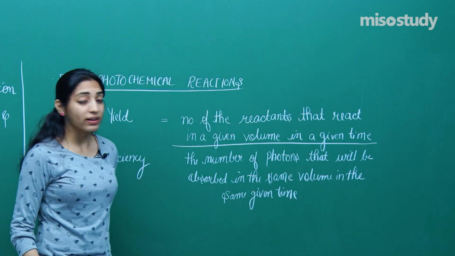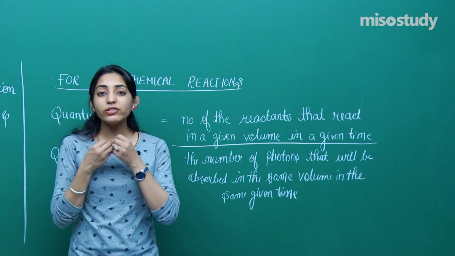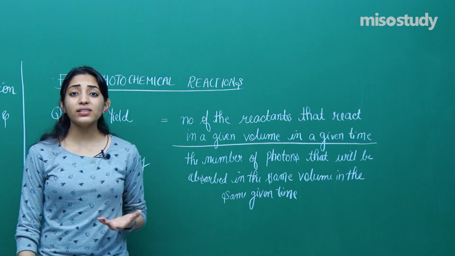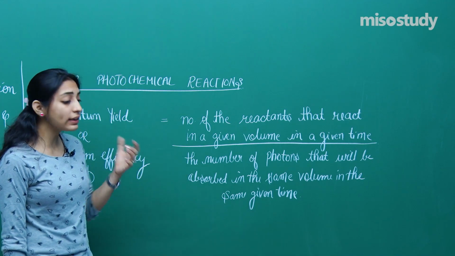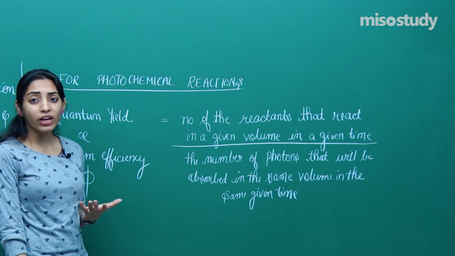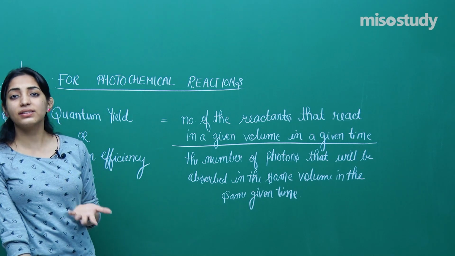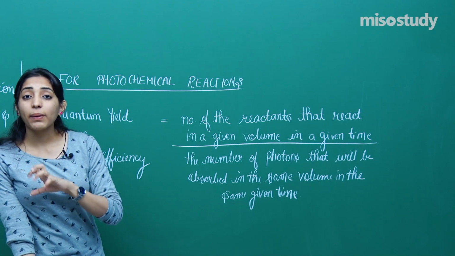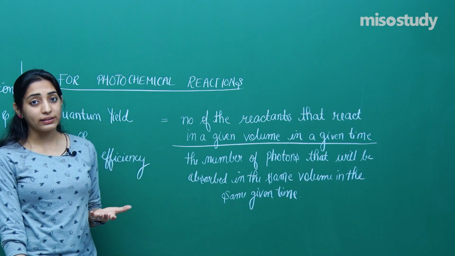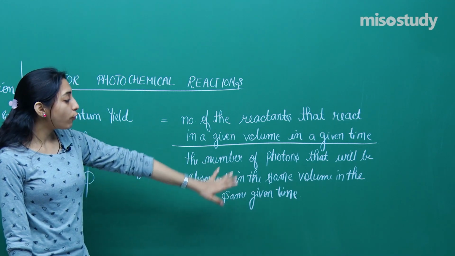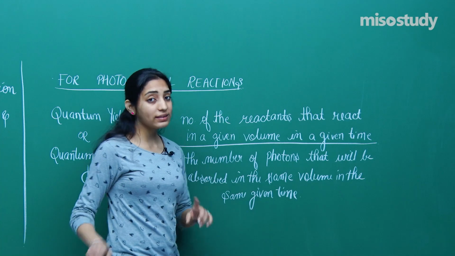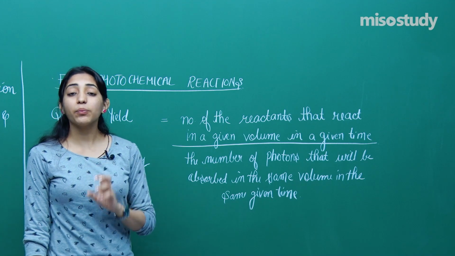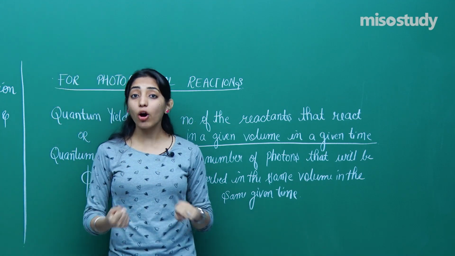So if you try to understand, we simply say how much reactant you are providing, how much energy you are providing and how much work is being done. So that is what the yield is, right? You have done efficiency, we have done the Carnot engine, you have done all these in grade 11th, both in physics and chemistry. How much work is being produced divided by how much energy you are supplying is what efficiency is. Similarly, how many photons you are providing. Once again, the important thing is not how many photons you are providing, the important thing is how many photons are actually getting absorbed into the system.